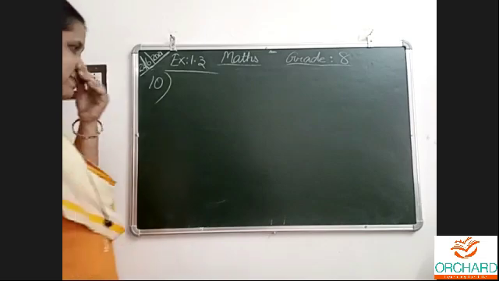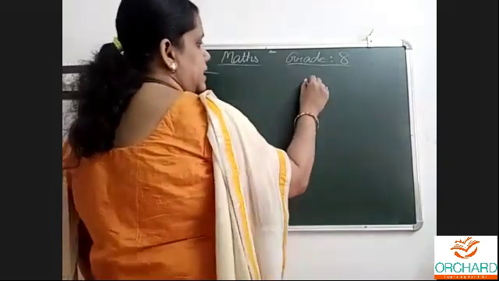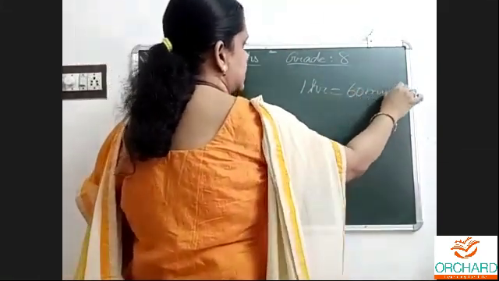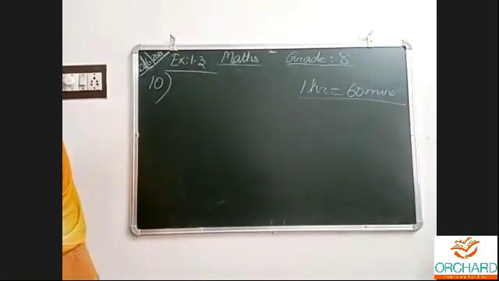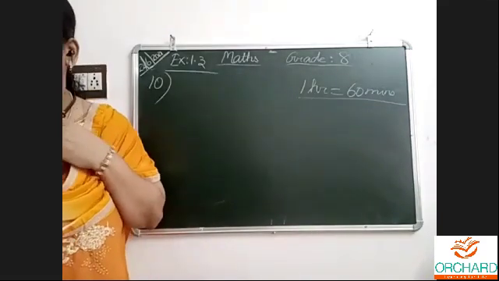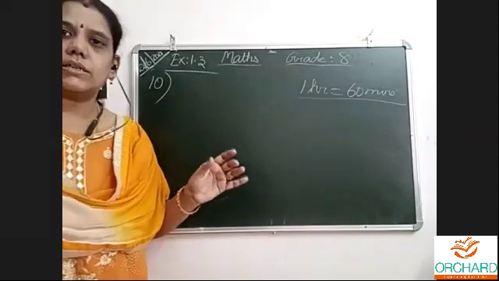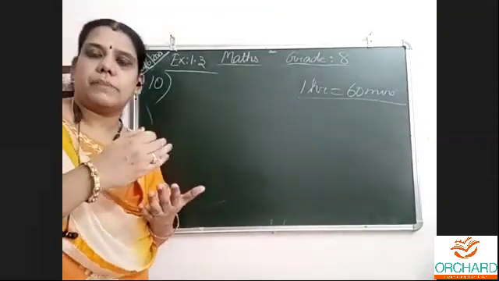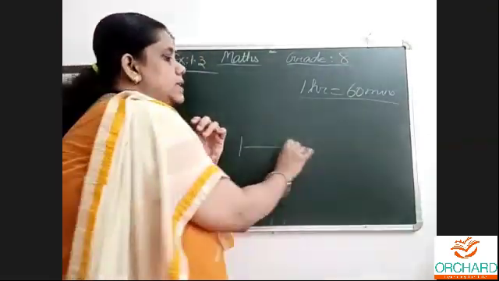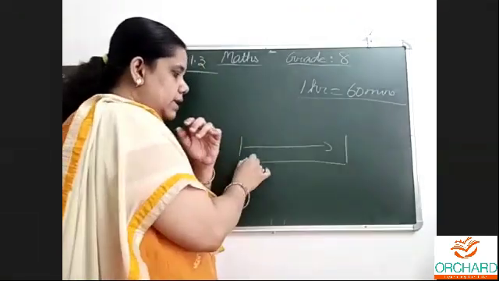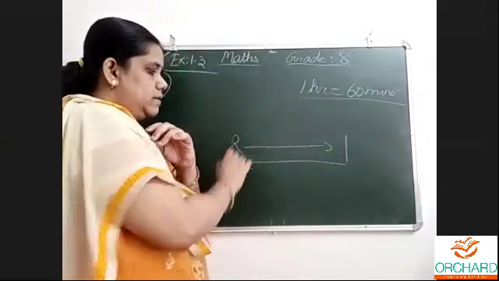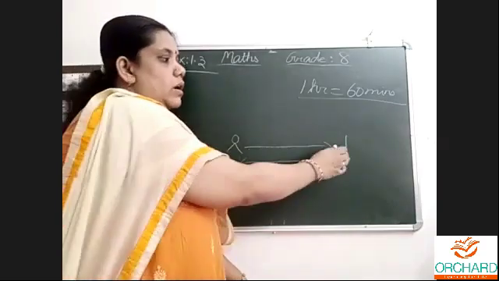For this question, very easy. The first thing is 1 hour. 1 hour consists of how many minutes? 60 minutes. Now, there are 3 children, Jaspreet, Kiran and Lisa. They all do the swimming. The time taken by them to complete one lap is given. Means they are starting from one point, swimming and touching the other side, and returning back. This is considered one lap.